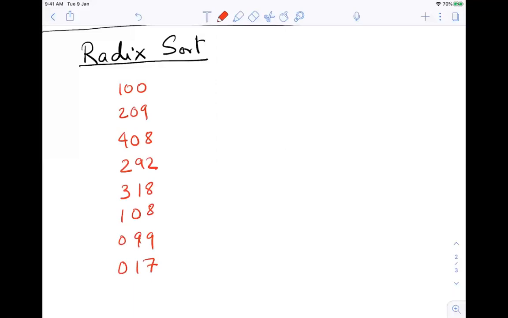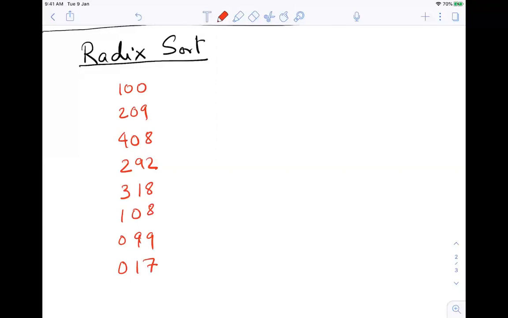If I give you this set of numbers, how would you have sorted it? Any suggestions? Look at the hundreds place first.